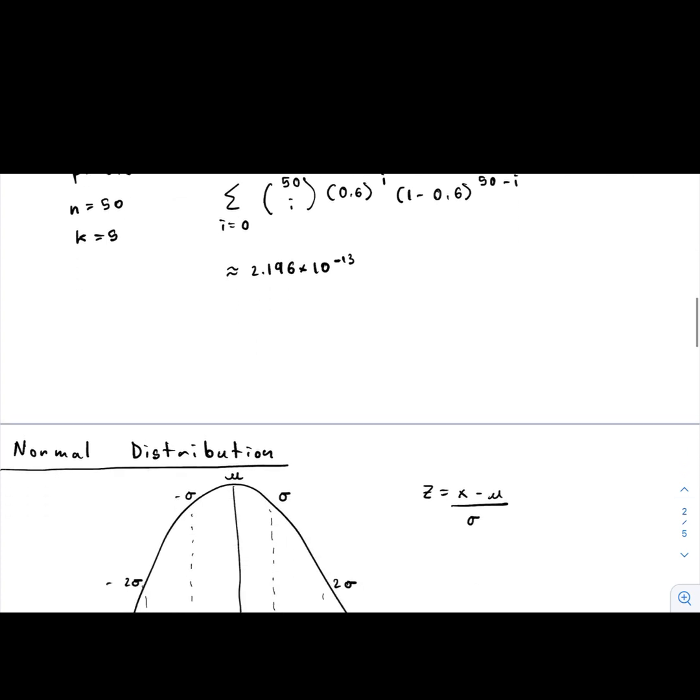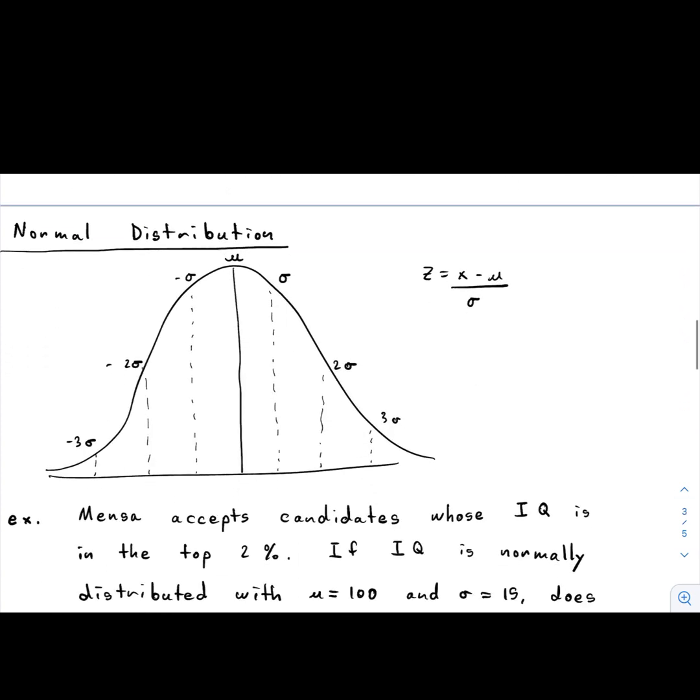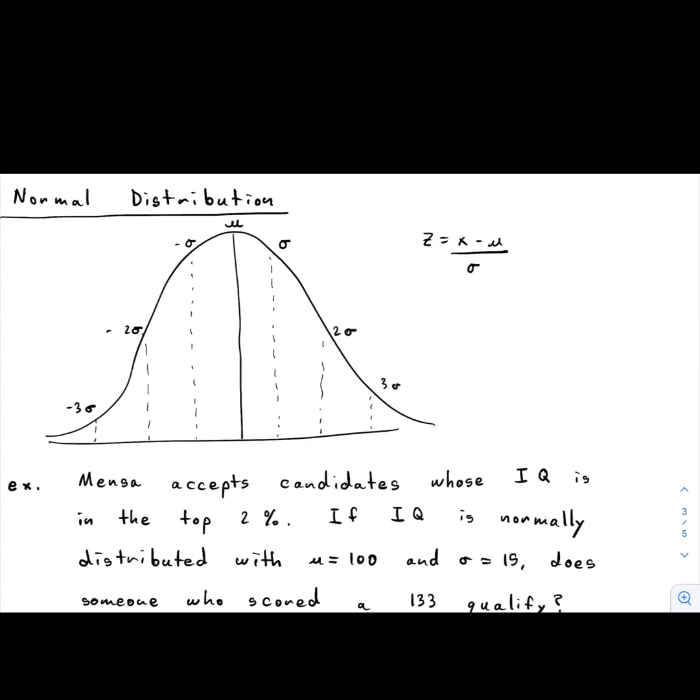Now, let's consider an example of our normal distribution. So our normal distribution is a continuous distribution, and the main concept of the normal distribution is that we have our mean at the middle, and we consider distances both in the positive and negative direction in terms of the number of standard deviations. And our z-score formula, which in general is x minus mean over standard deviation, where x is our point that we're considering, or our data point, allows us to translate a